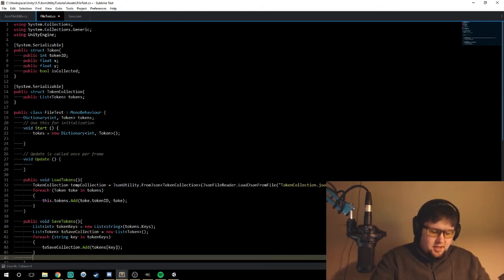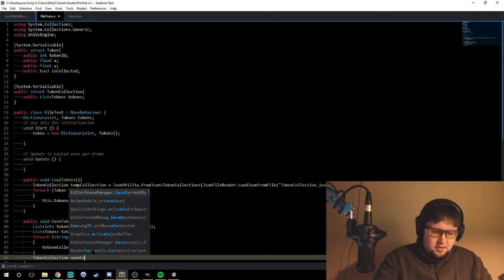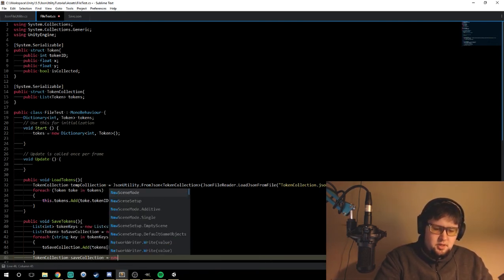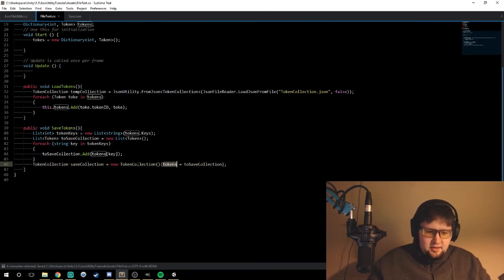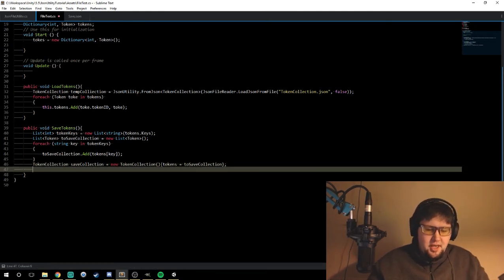Then we can say TokenCollection saveCollection equals new TokenCollection, and we will say that the tokens inside of this equals toSaveCollection. So we're using this to assign toSaveCollection to the tokens value of this token collection. And now that we have a token collection that has all of our tokens in it, we can say